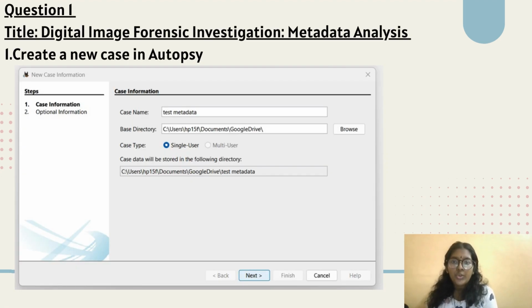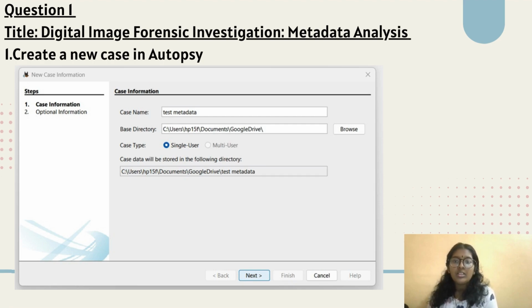Okay, now let me show you how to use Autopsy to extract the metadata from an image file. First, we have to download Autopsy from Google Chrome, then install it on our own PC or laptop. Once the download is successful, we click on create a new case, and here we enter the case name and the case type.